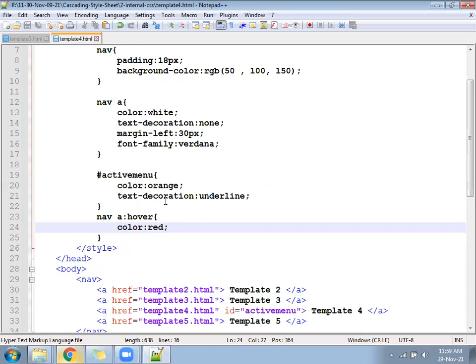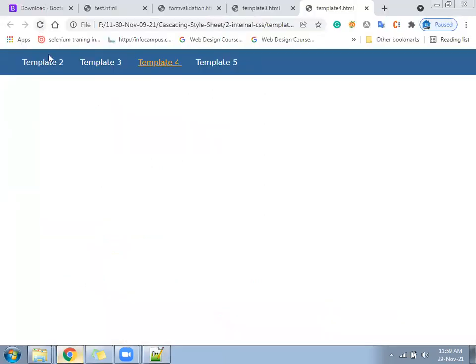So working. See, getting changed. Wherever the mouse will go, it will convert into red color. And the page you are on, that is a different color.